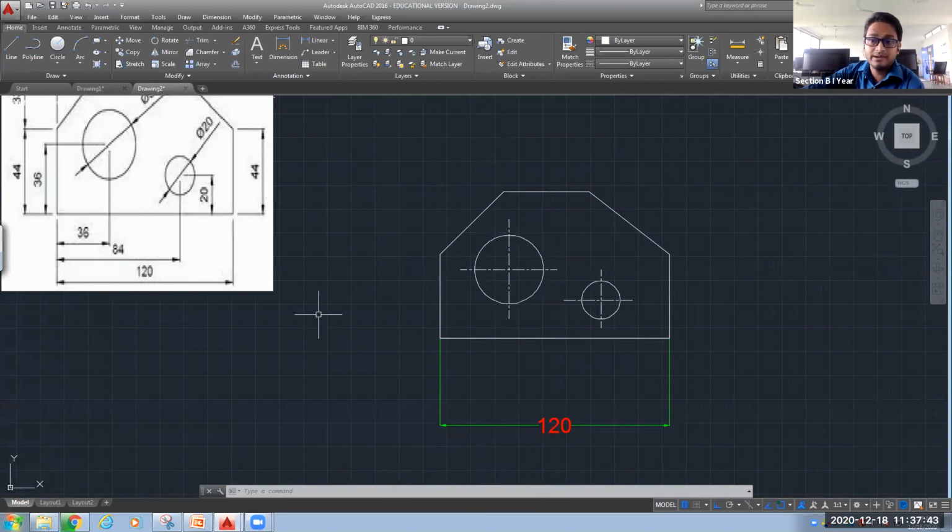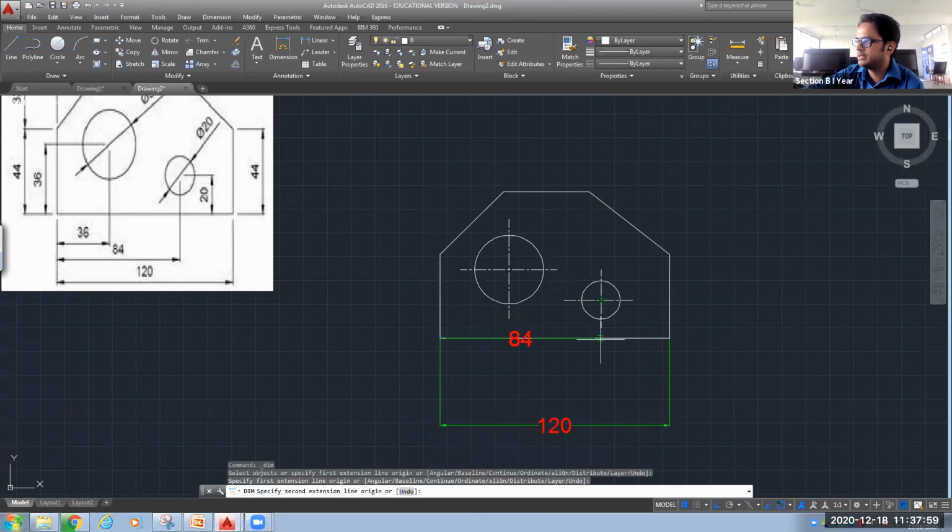Now since we have done the dimension line settings, so now we can directly go on to this top dimension tab, click there. You can select this one and select this center point here. 84 is the distance. You can click here.